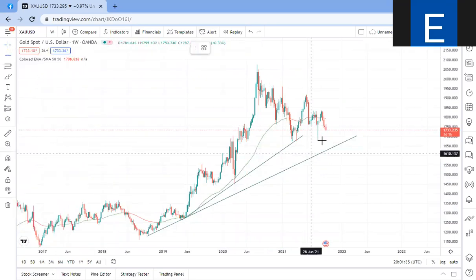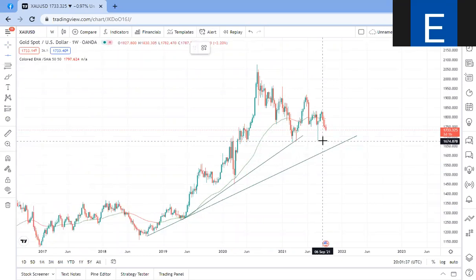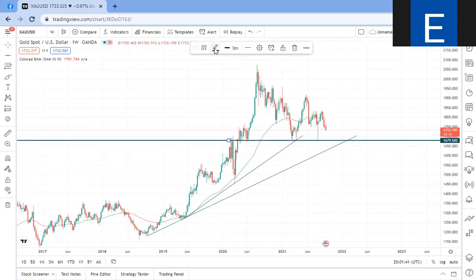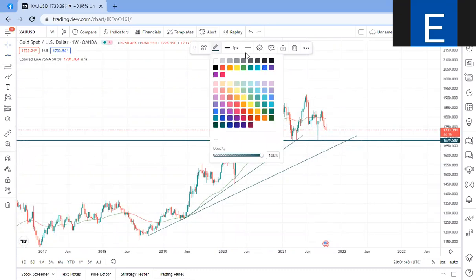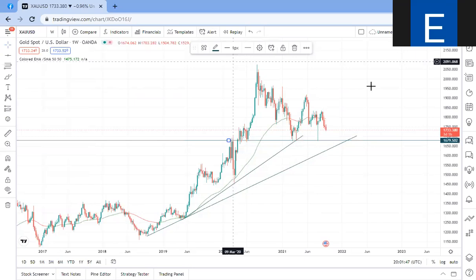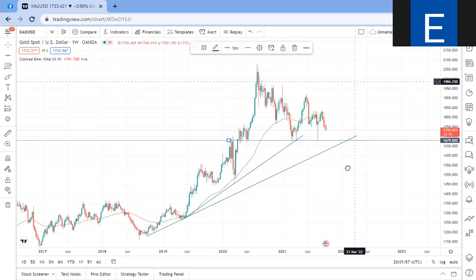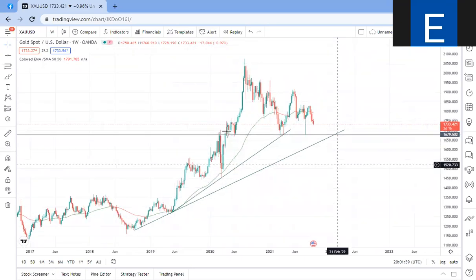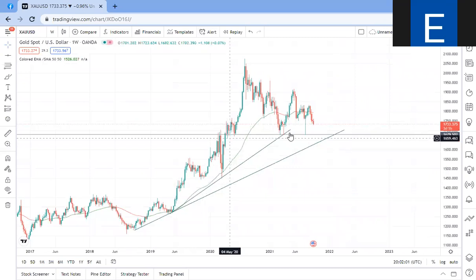So now I'm going to be marking up my major levels, my major zones. Let me make this line a little bit smaller. Change the color. So as you can see here, you can see how price has been respecting this horizontal level,